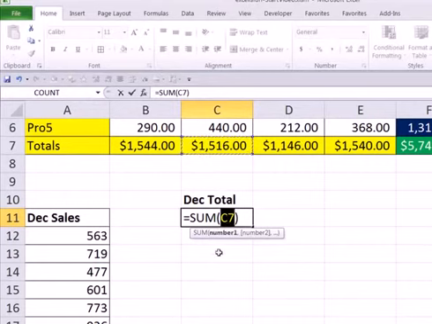By default, functions, whether it's sum or average or others, try to guess what you want. Did this one guess right? No way. It was supposed to guess this whole column, but of course it can't know exactly what you're thinking. No problem. It's trying to be polite by guessing, but then secondarily, it's trying to be polite because it knows that it guesses wrong, so it's highlighted. As long as the dancing ants are still dancing around,